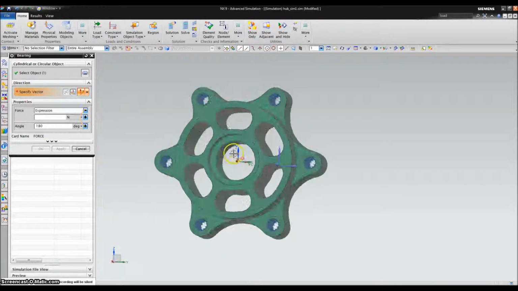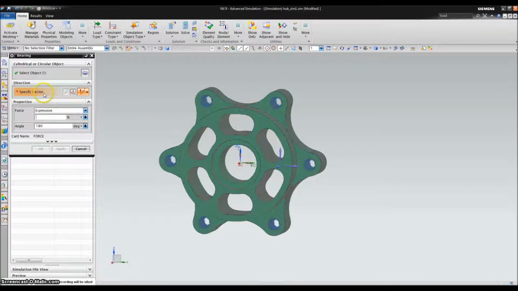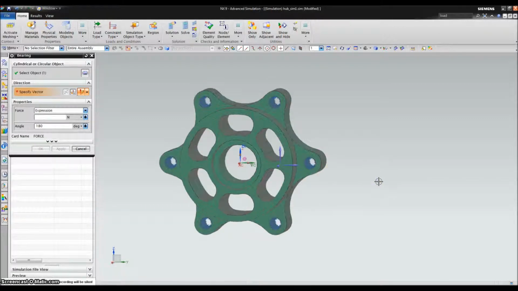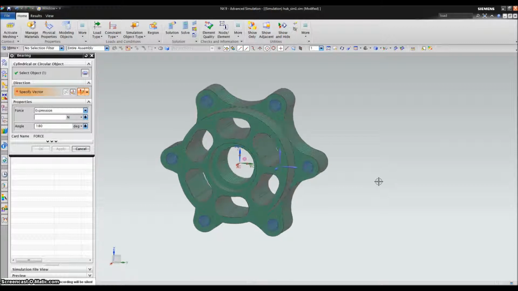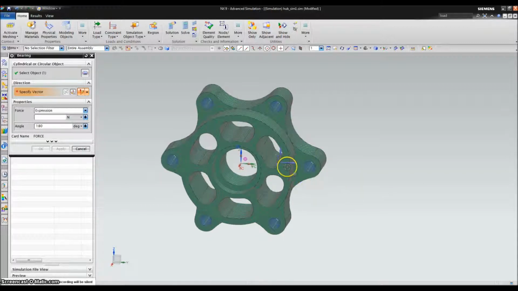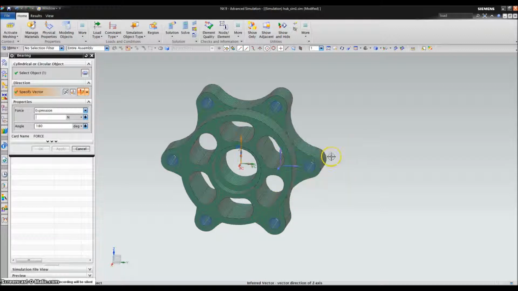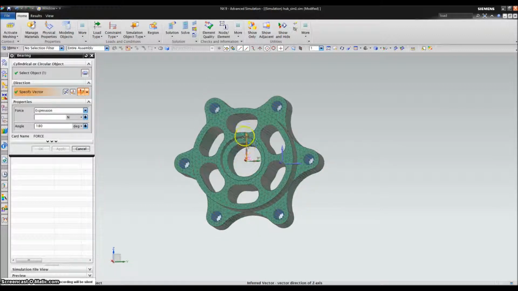Once I click on that face, it automatically pulls up the specify vector dialog, and somewhere it should pull up this nice blue coordinate axis just a little ways away. Not this one, guys, not your global one, but a nice little blue one off to the side here. And I get to pick which direction is going to be the vector that I'm working with. And the vector that I'm working with is this guy, the z-axis. I'm going to be bumping it straight up. That's what I'm going to click, and sure enough, the golden arrow pointing straight upward